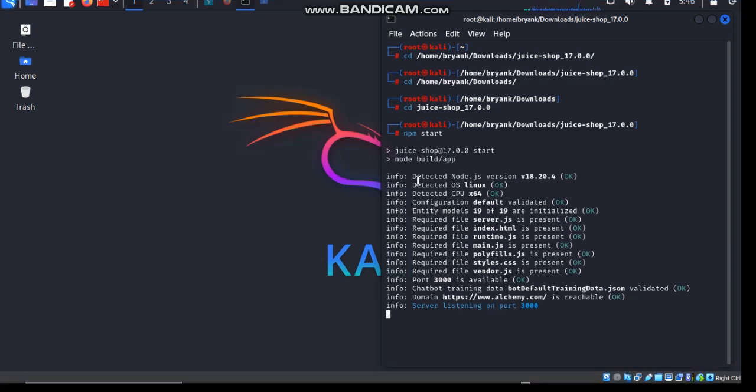Okay, so as we can see, the npm start has finished. It has wrapped it up. Everything is okay. When you are installing yours, you're going to have a little challenge here and there. You just let me know in the group, and I will help you to fix them up. But first, always remember to install the npm first before anything. Now we have the server listening on port 3000.